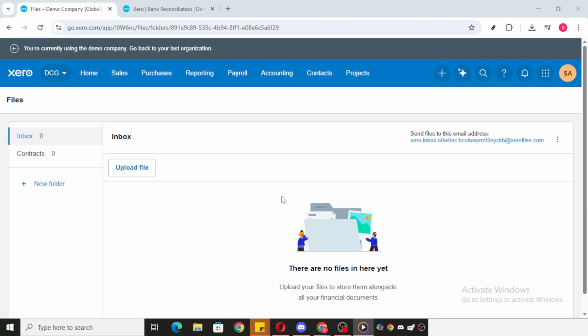First things first, let's navigate to the Xero website. Open your preferred web browser and type in the Xero URL. Once you're at the home page, log into your account using your existing credentials. If you're new to Xero, you'll need an account to get started, but for this tutorial, I'm assuming you already